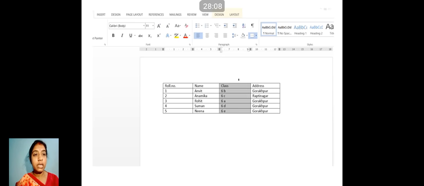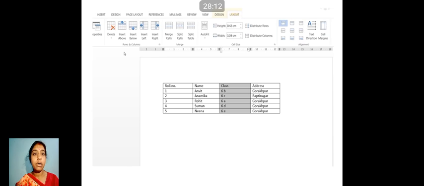Now which one to delete? Just suppose I want to delete the class column. I have gone to layout. There the second option is delete. You can see the first option is row and column. A drop down arrow is there. Click on that. A list appeared. Now among this you can select your required thing. I want to delete the column because I have selected the column. You can see the class column is being deleted along with the data.